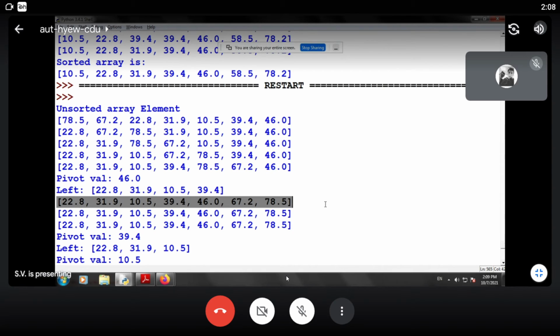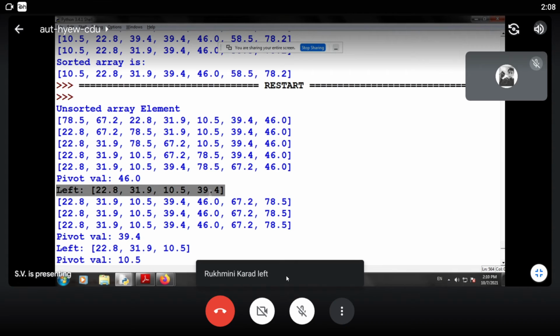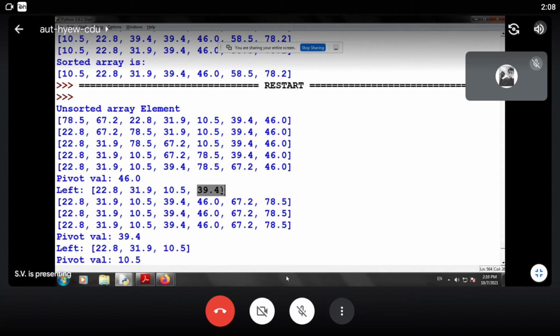So we have two partitions. One is less than 46, the left subtree, and one is greater than 46, the right subtree. So you can see the left subtree is executed first, therefore we get the left answers. So I have highlighted the left subtree. It is very correct. Now the new pivot in the left subtree is nothing but 39.4.